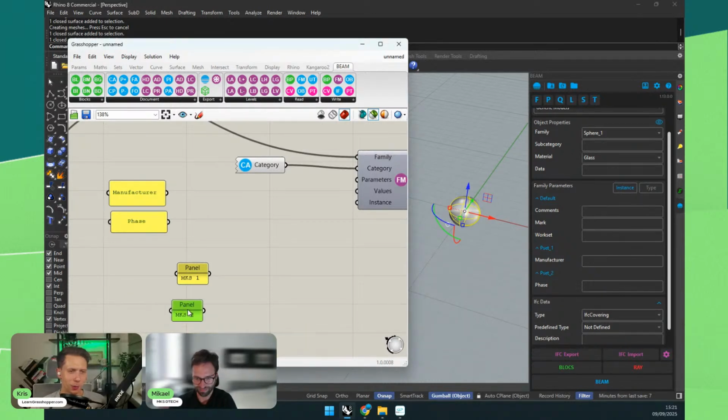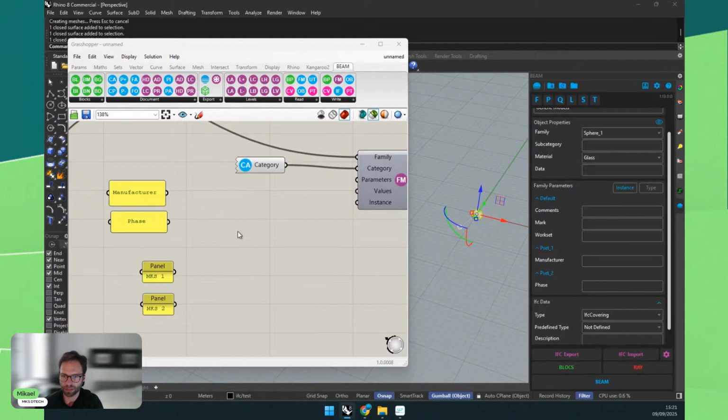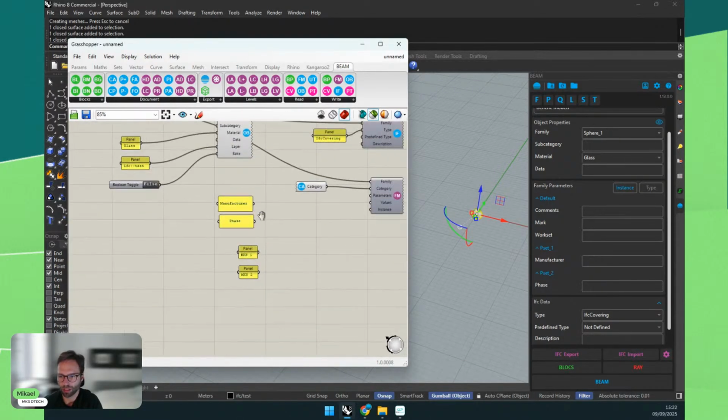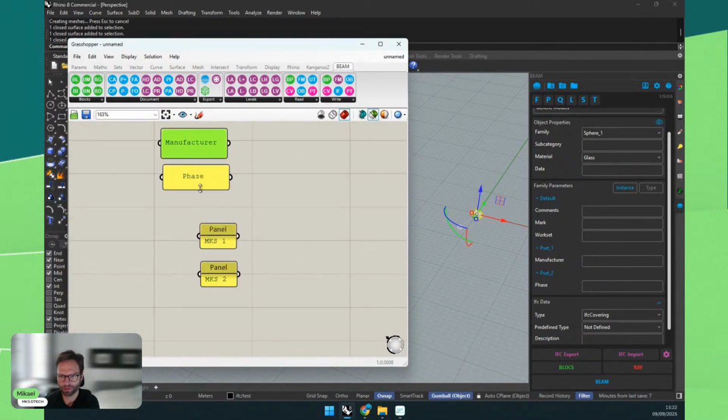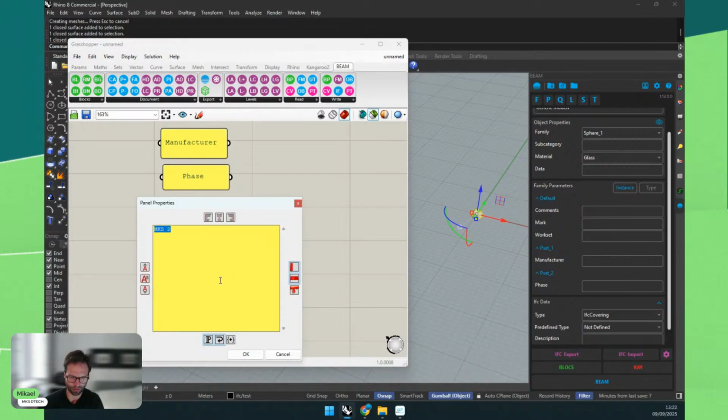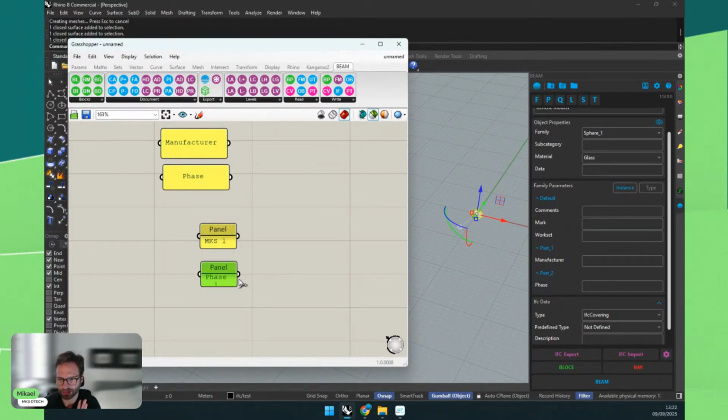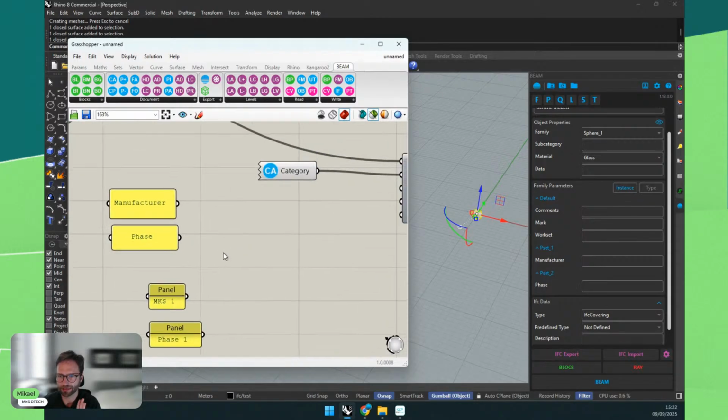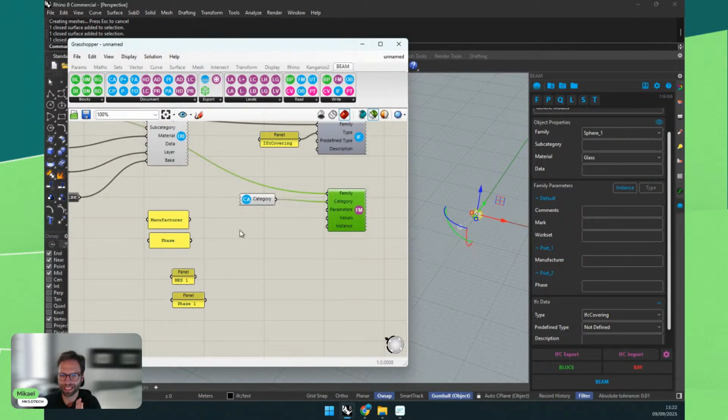Data trees, most complicated aspects of Grasshopper, right? Yeah, exactly. So now we have just, actually we have one sphere. Maybe let's create another sphere. Well, this one, let's assign just two values, one manufacturer, and the phase will be phase 1. I think I have another example that is ready that may be better than me starting from scratch. But the idea is that each one of these should be grafted for each object.